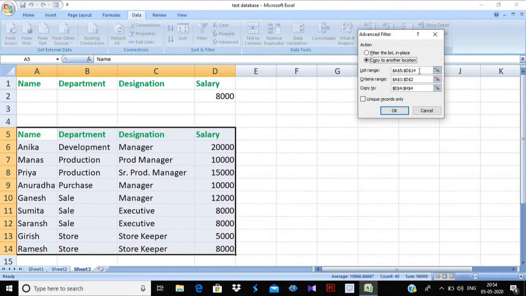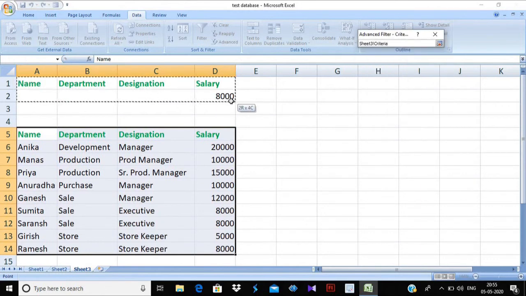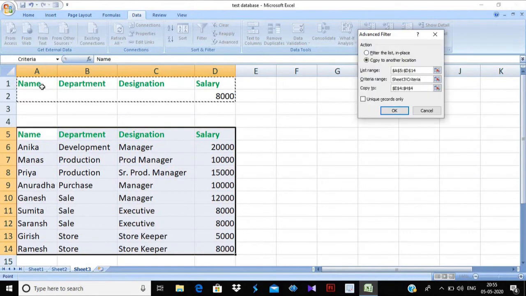Now the list range. We have selected the list range, A5 to D14, so it is given as A5 to D14. For the criteria, I have to select the field names with the criteria, from A1 to D2, so that I will get all the information.